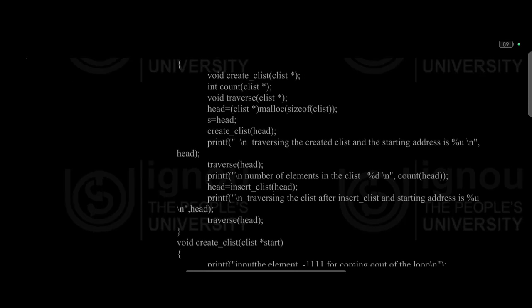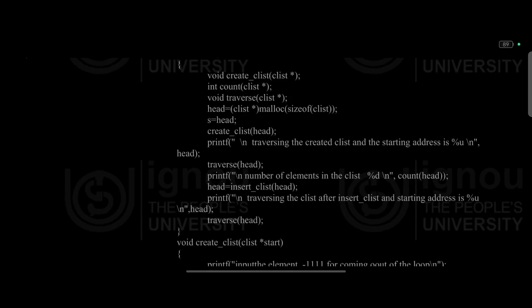void main(void) { create_clist(clist *); int count(clist *); void traverse(clist *); head = (clist *)malloc(sizeof(clist)); s = head; create_clist(head); printf("Traversing the created clist and the starting address is %u", traverse(head)); printf("Number of elements in the clist